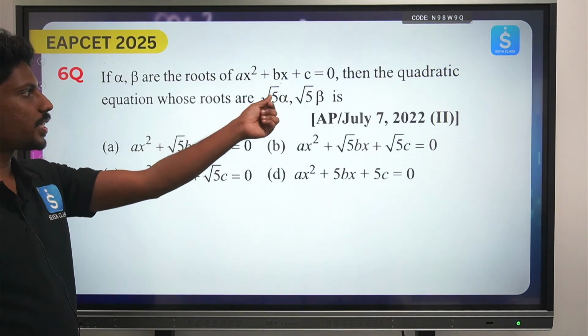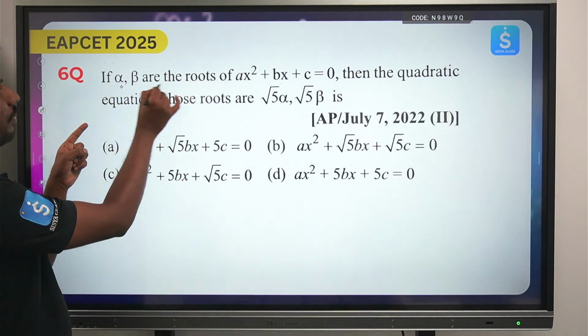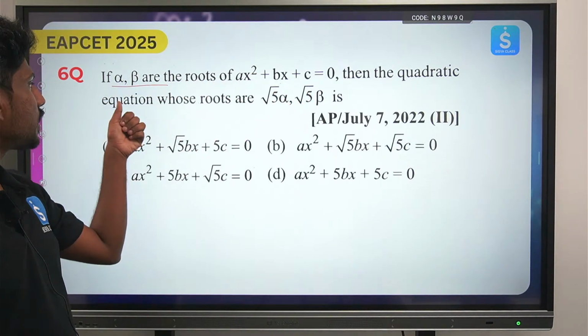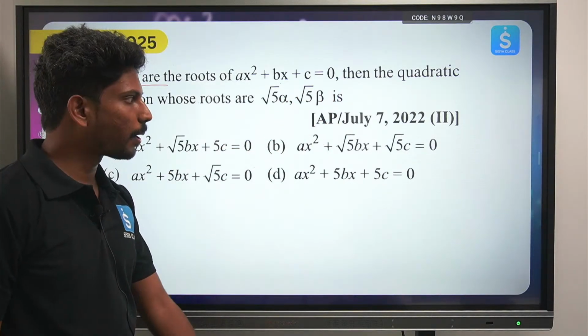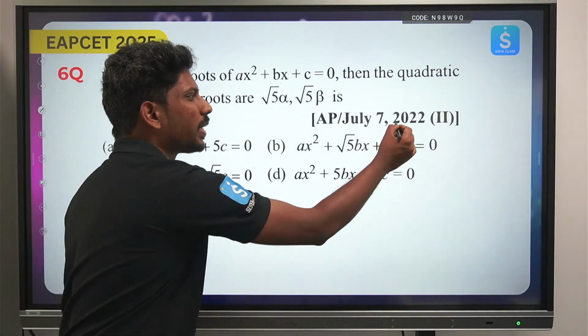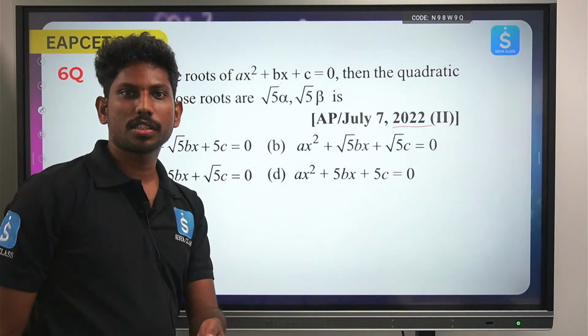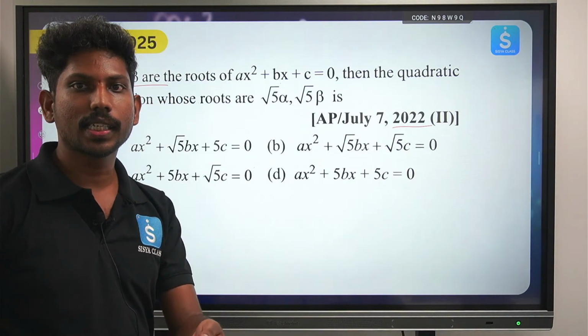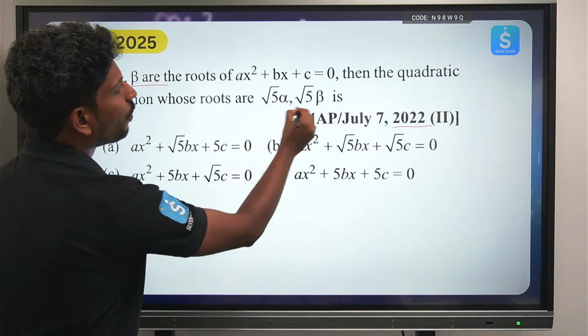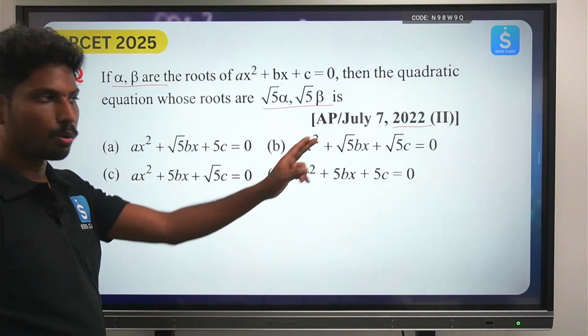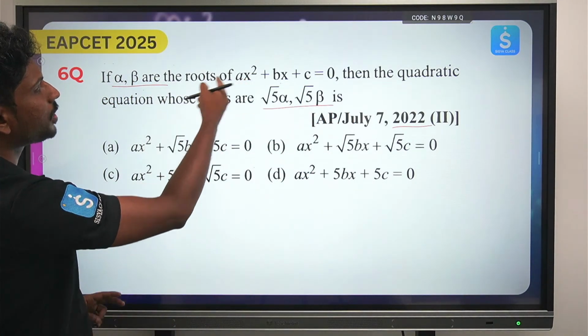This is a simple question. You already know that he has given that alpha comma beta are the roots of the quadratic equation. Then find the quadratic equation whose roots are root 5 alpha comma root 5 beta. Okay, this was asked in the 2022 exam. When such small questions come, don't try to lose the marks. It is very easy and you can just capitalize on the marks. Whenever he is saying to form an equation, he has already given us the roots. That means first let's try to establish a relation, that is